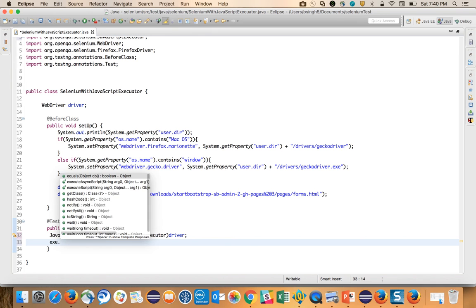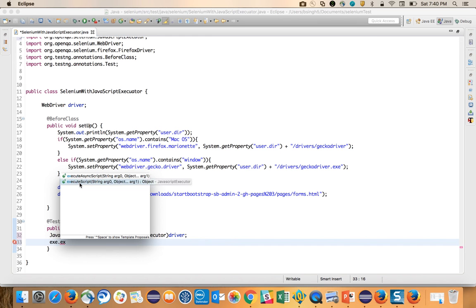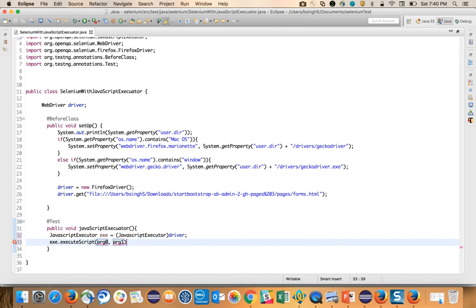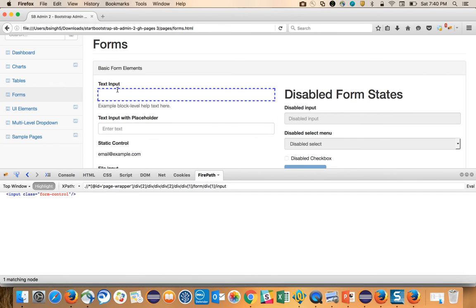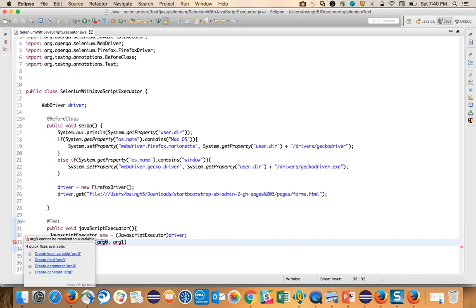Now exe dot, you have a method called executeScript. Can you see that here? This is a method called executeScript. This takes two arguments. So let's say I have to supply data to this text box. How do I supply data? You can just write here arguments, remember this, arguments of 0 dot value is equal to, let's say I want to supply test